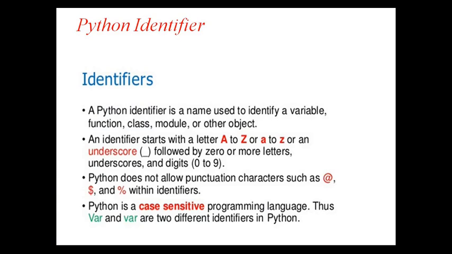Next is the Python identifier. An identifier represents the names used in the Python program. The length of the identifier can vary from one to another. Some rules are here. The identifier can be a combination of various elements like uppercase, lowercase, digits, underscore, etc. Any keyword is not permitted to act as an identifier. The first letter of an identifier should not be a digit. Special characters like exclamation, @, hash, etc. are not permitted as part of an identifier.